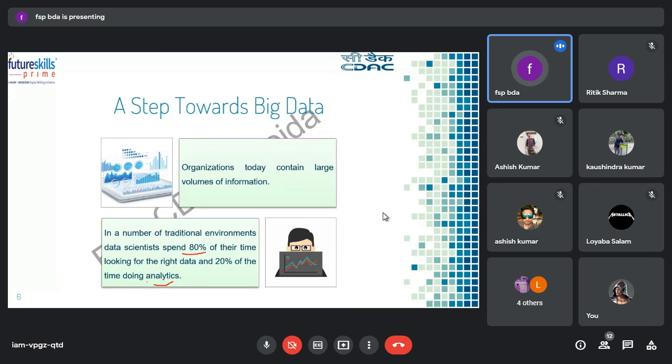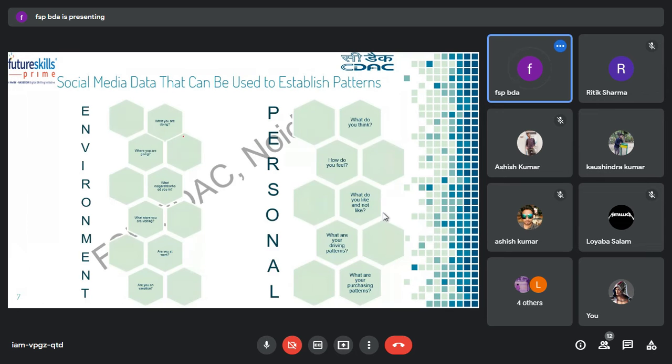Means getting the data and cleaning the data, because every time you do not find clear, crystal data. There will be dirty data. You have to find the right data out of it and make it useful, then you can do analysis. If you try to do analytics on dirty data, your result will be deteriorated. You might not get a good result. So this is the problem. And another thing is, see, there are many media through which you can generate data.